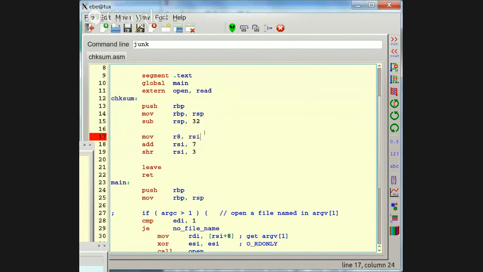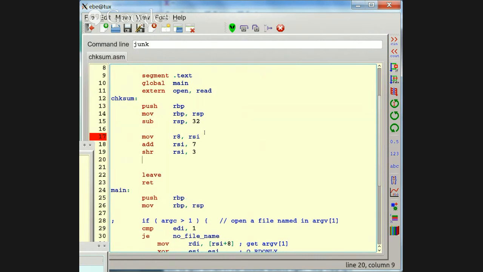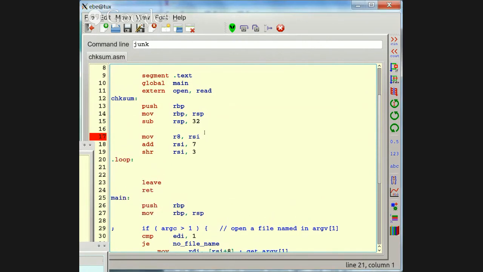Now I need to store bytes in the array. So I need a loop. And how many times will it execute? Maybe 0 times, so I need a test at the start of the loop. Using .loop will make it a local label, so it's local inside checksum.